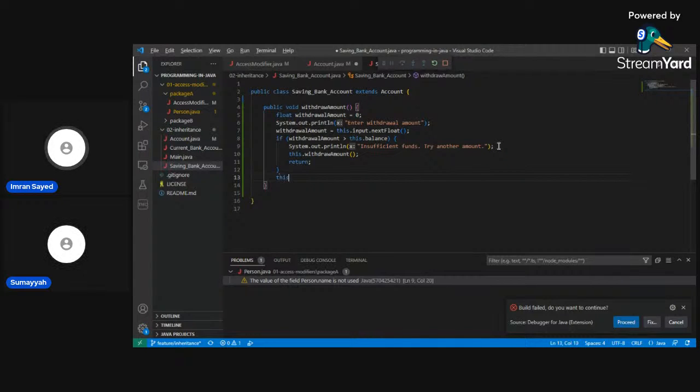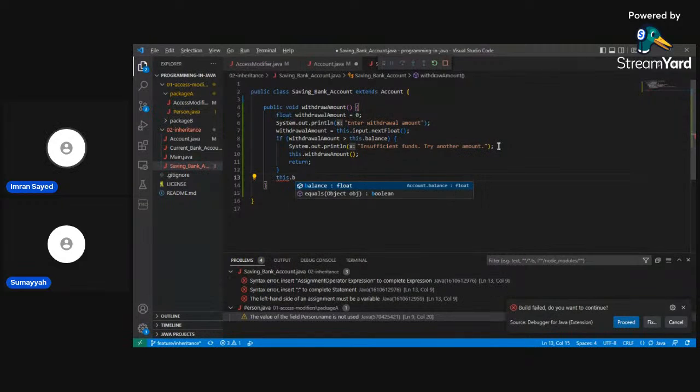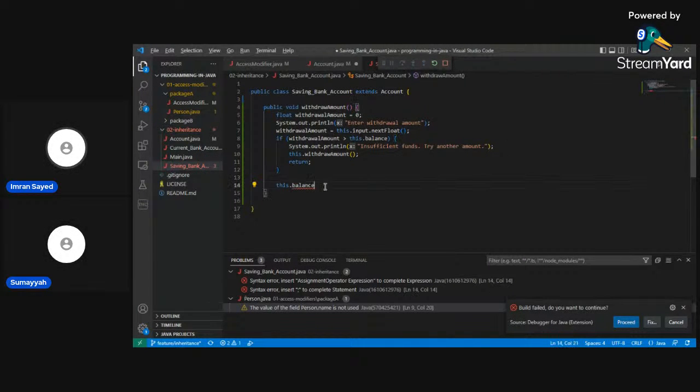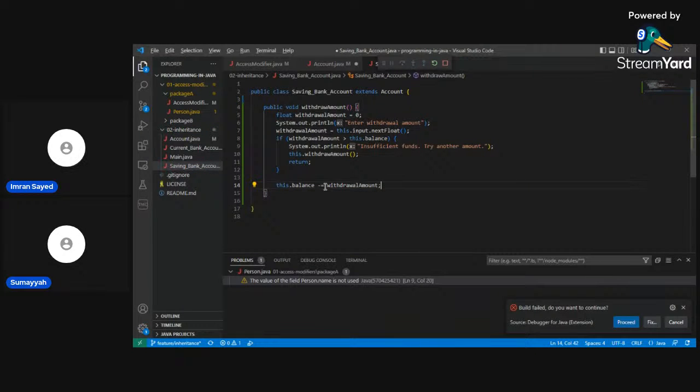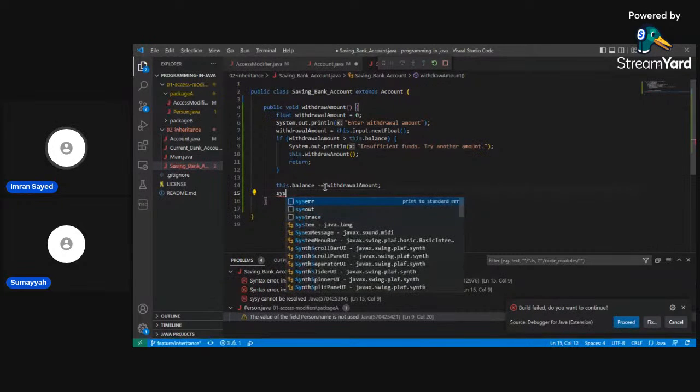So try to give a line space when you're changing the logic, so that it makes it easier for the reader. So break your code into small chunks. Now you can do minus equal to. And then give the message. Maybe just copy paste from the previous one.